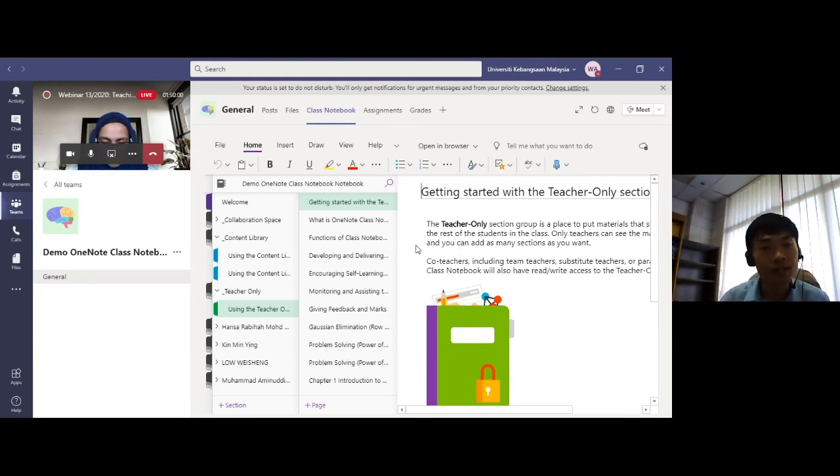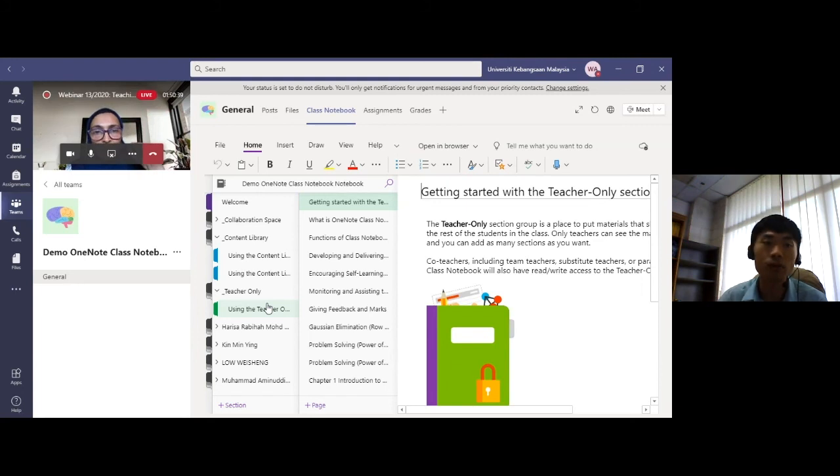Okay. Another comment is that for teacher only, if this course is being handled by more than one lecturer or teacher, we can share it with the other teachers and lecturers. So it's good for subjects taught by other lecturers as well. Both lecturers can access this and edit it. And the teacher would also enter through Microsoft Teams. Yes. And the teacher needs to be invited to this particular Microsoft Teams channel. Yes. And then he or she can enter and do the editing and all that.